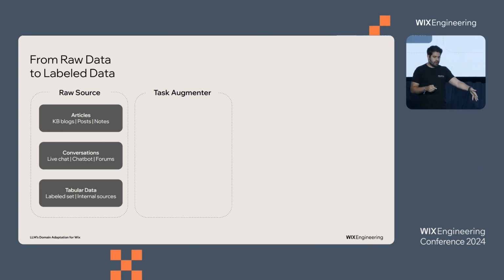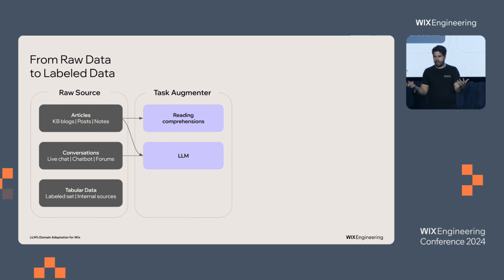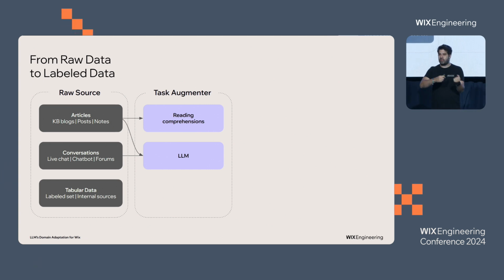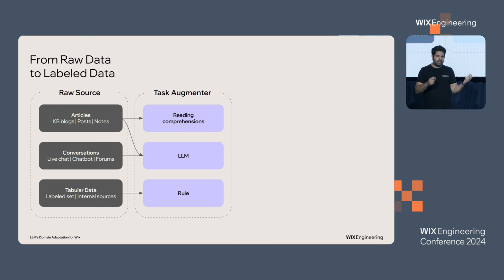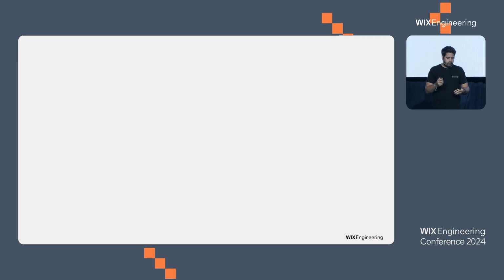So we have the data source, and we have something called Task Augmenter, which is a process that can take the raw data and turn it into an annotated task that an LLM can train on. For example, in articles, we can apply reading comprehension tasks. We can also take the conversation and apply an LLM to extract the task. And for the tabular data, we have heuristics and rules that allowed us to create this annotated data. For example,